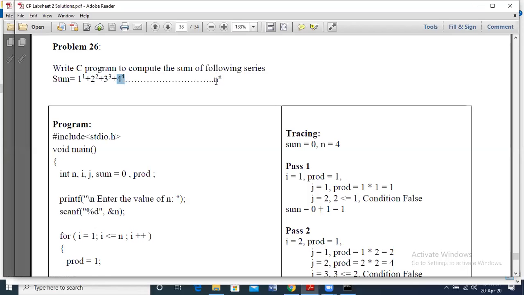Only then we will know where to stop, right? So this n is the input, the number of terms we need. That is the input. And what is the output? The sum of the series, right? Each term we have to find and then add them. Once we add, the sum of those terms will be the output. So now we know what is input, what is output. Input is n, output is the sum of the terms.